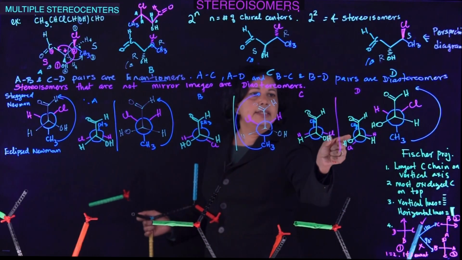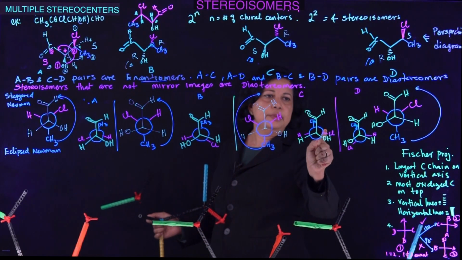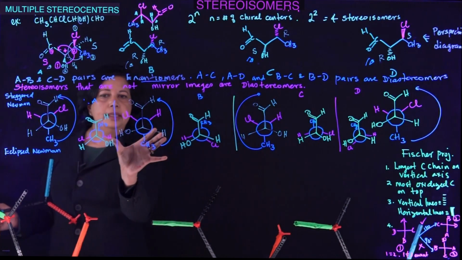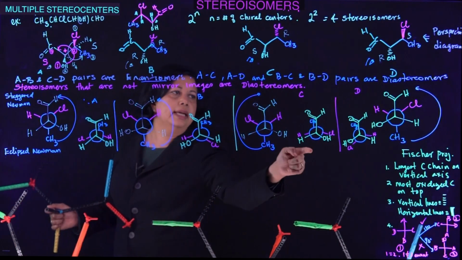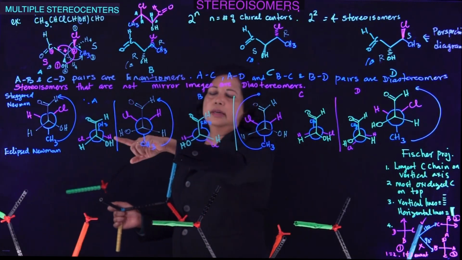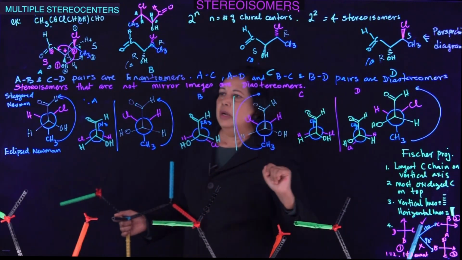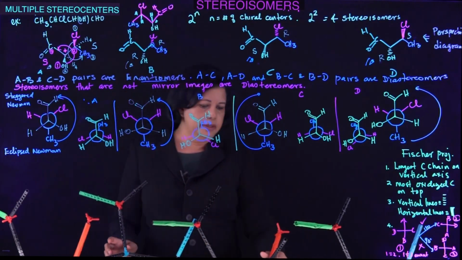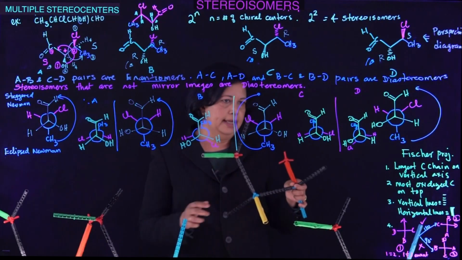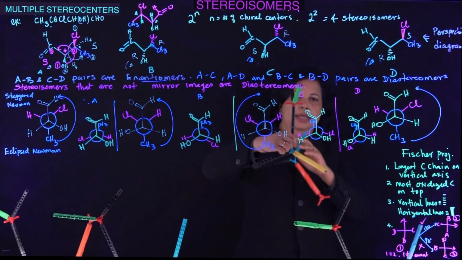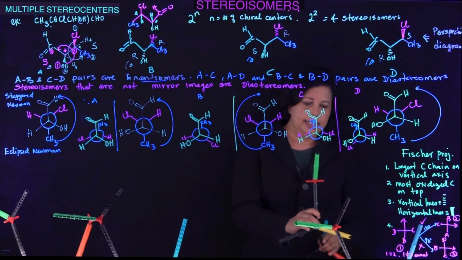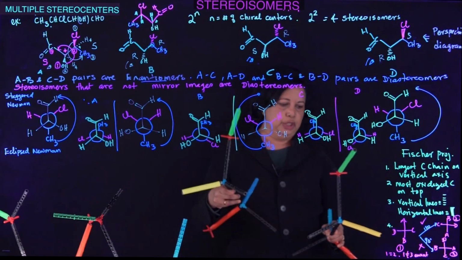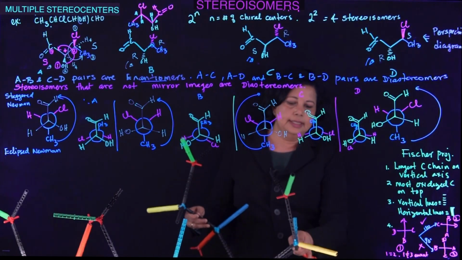Now, again, it's really easy once you draw the eclipsed to see that these two are enantiomers, and these two are enantiomers, and all the others are diastereomers. This is now going to be very helpful. So over here, I'm sorry, I forgot to hold the models. Let's look at it again. So I'm going to make the methyl and the CHO on the same side, and you can see that these are your Newman projections. All right,